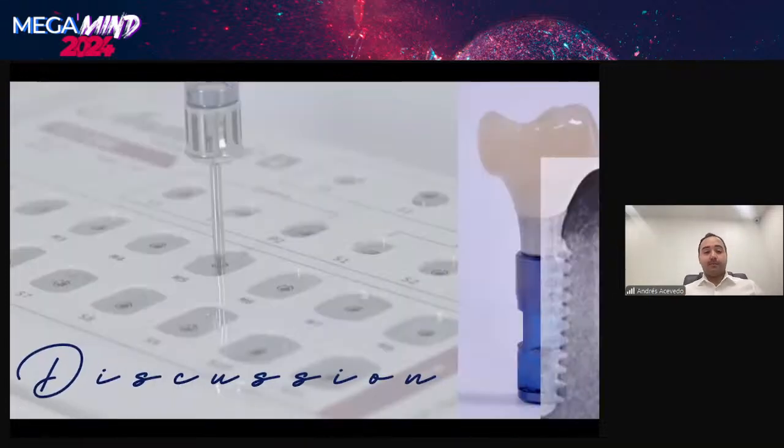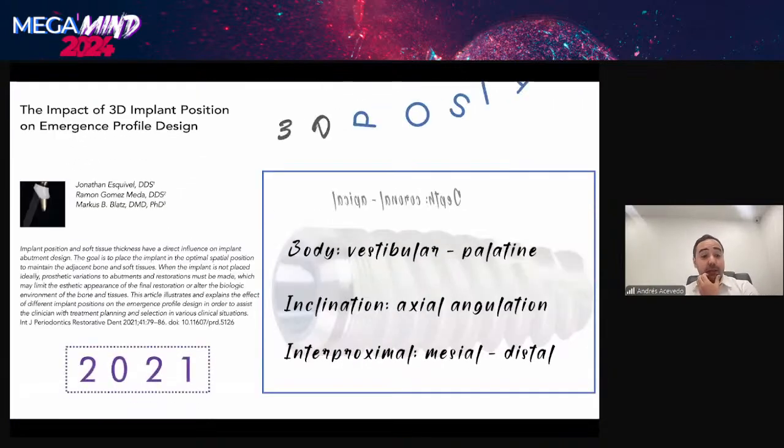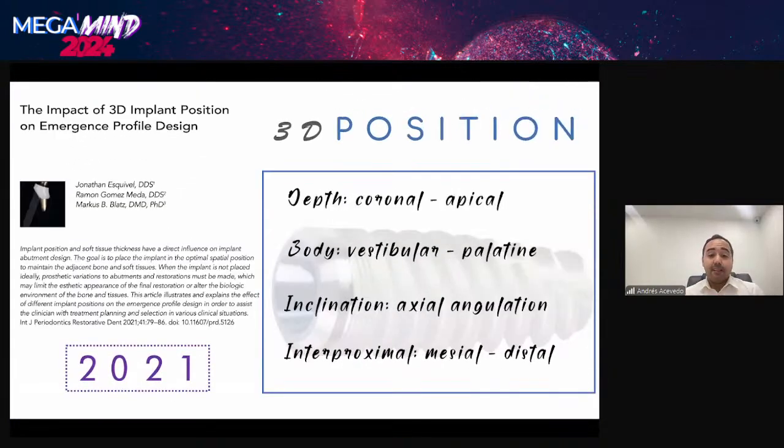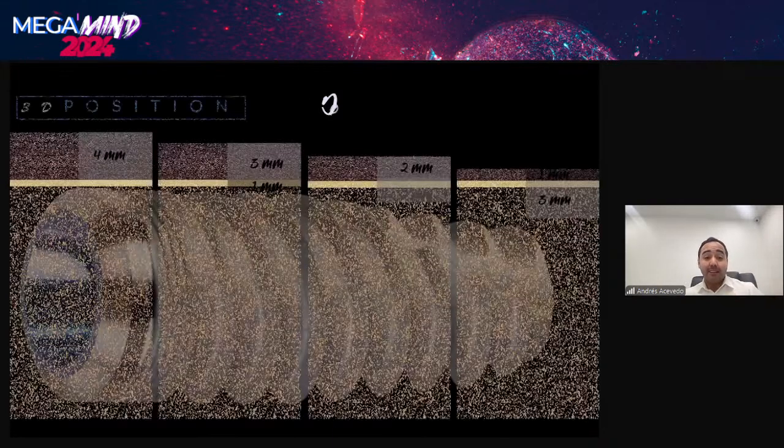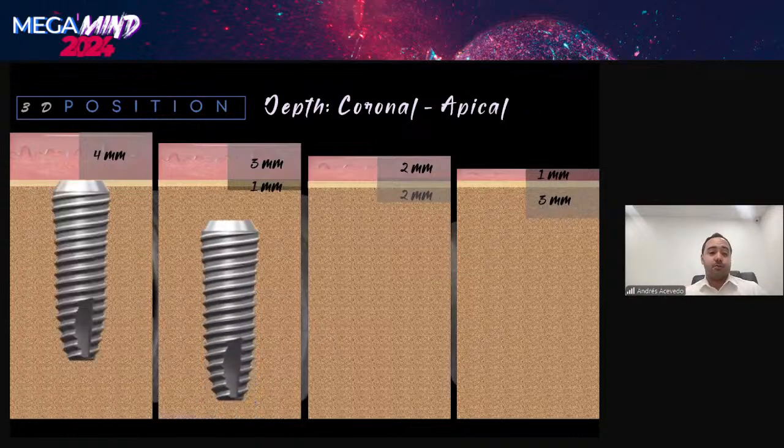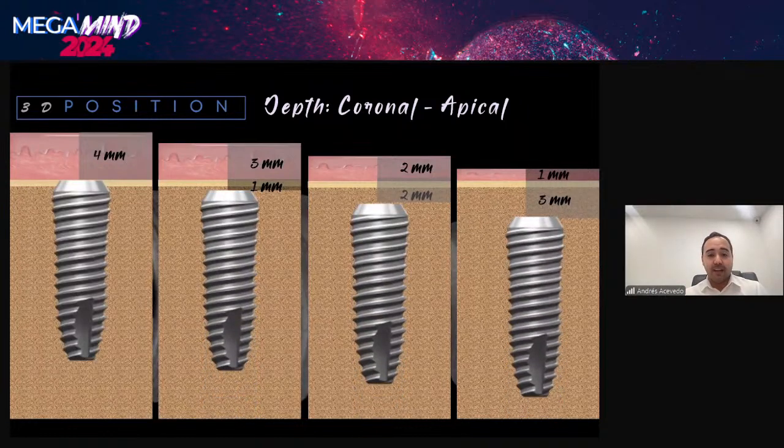Let's discuss the topic. The 3D position of the implant is very important. We have to keep in mind 4 orientation planes: depth, buccolingual position, inclination, and interproximal. The depth of the implant is vital to optimize the soft tissues. An implant with inadequate depth and insufficient soft tissue will prevent the ideal management of the emergence profile and may